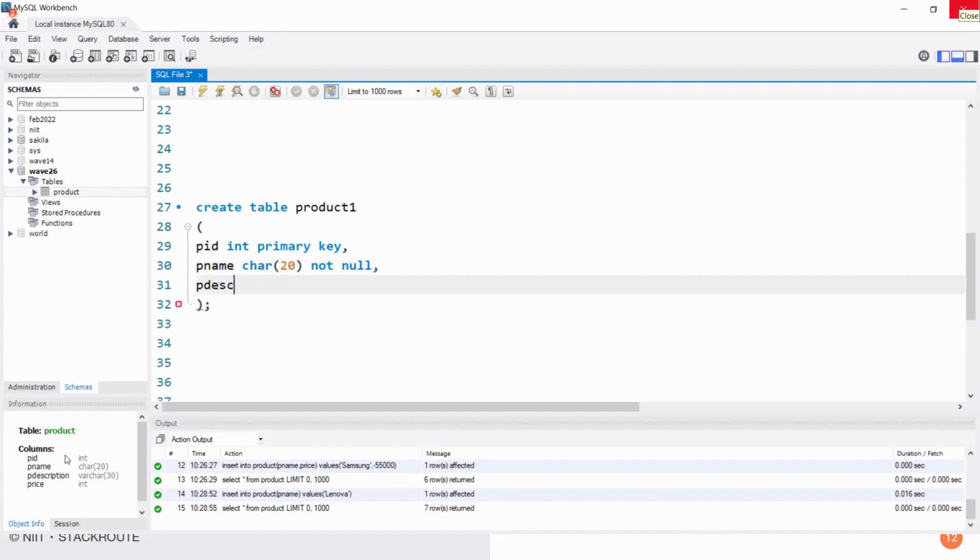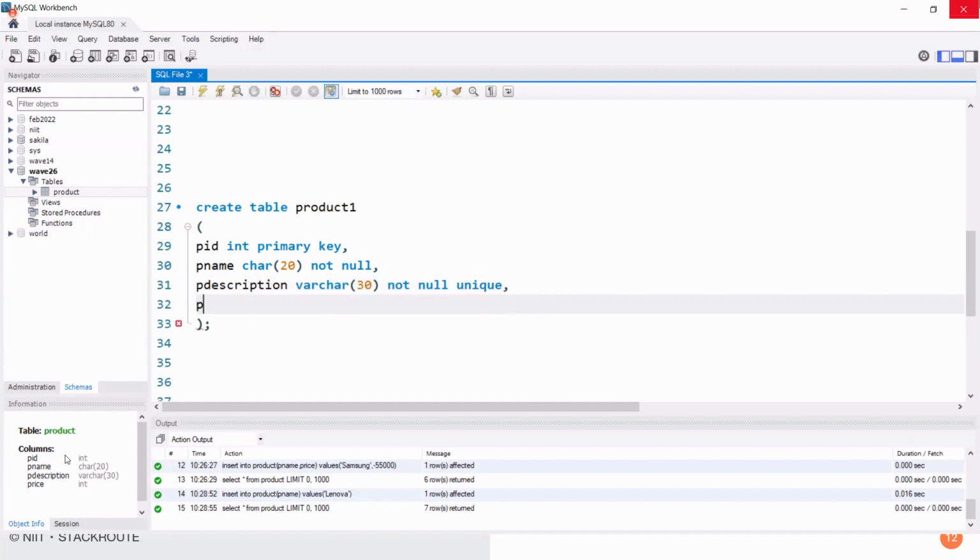And then product description. Not only name, for every column, you need to mandatory add the constraint called not null. So assume like description should be unique. I don't want to have one product description to be repeated in other product description. So I can add one more constraint called unique constraint. And the last one is